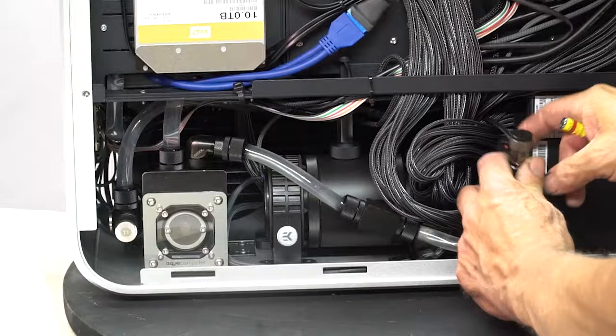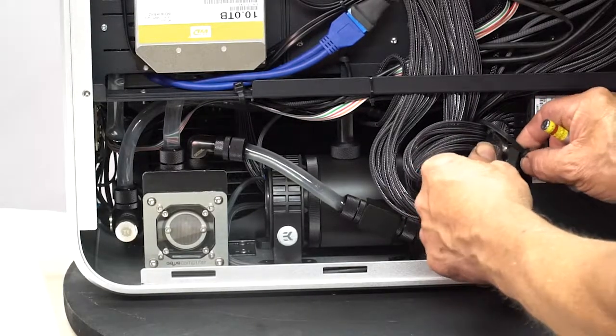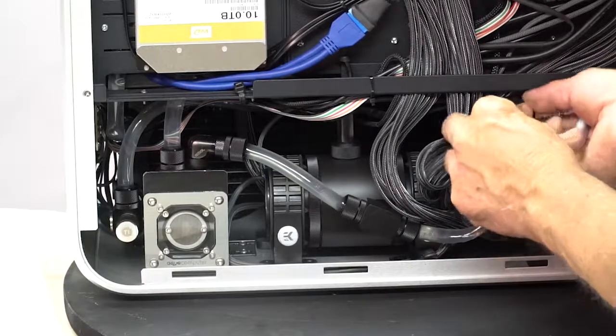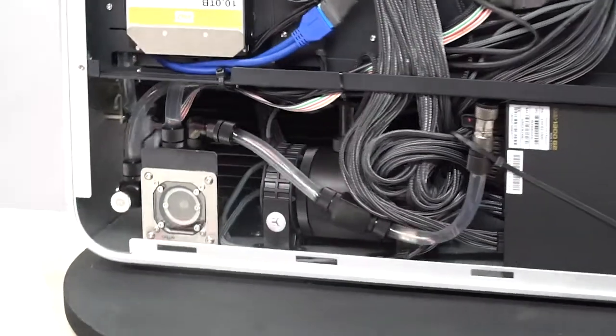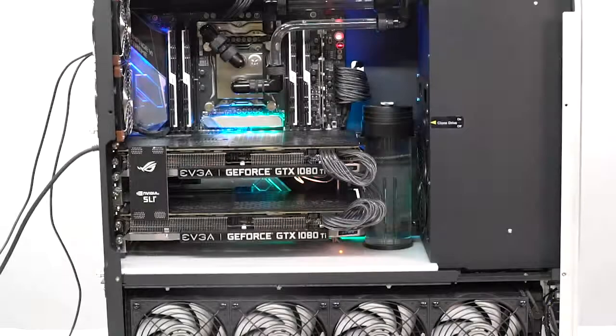And considering all the wires and where everything is, that's quite a lot of wires tucked away in here. I'm just going to close this off while it's seated, and that locks it in place, locks it up out of the way. Let's see, that's about it. The way this thing is working